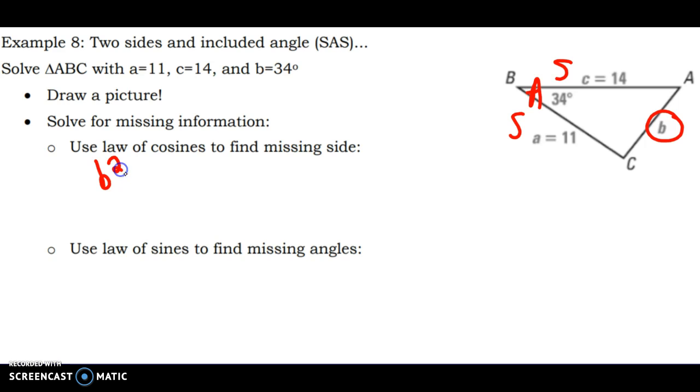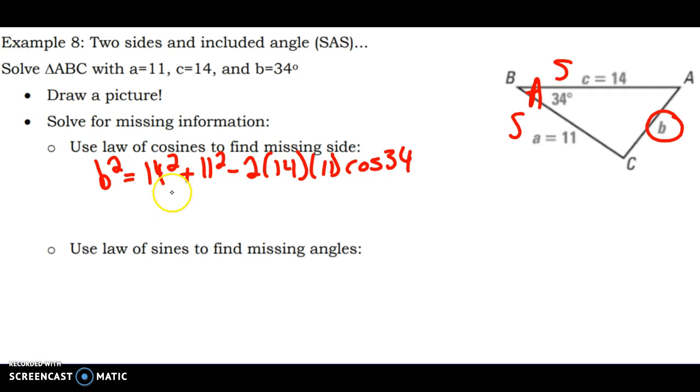So b squared equals, I take one of my sides, 14 squared, plus 11 squared minus 2, taking my sides on the right side, so 14, 11, cosine of angle b, which is 34. Since the entire right side of my equation has numbers and no letters, I can put it into my calculator and get b squared equals 61.66, square root, and you get the side